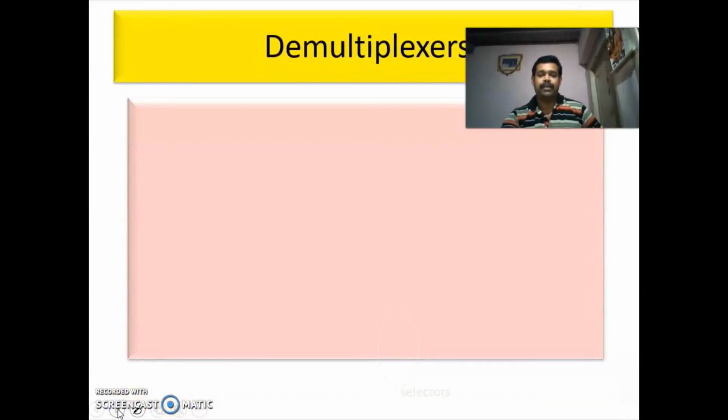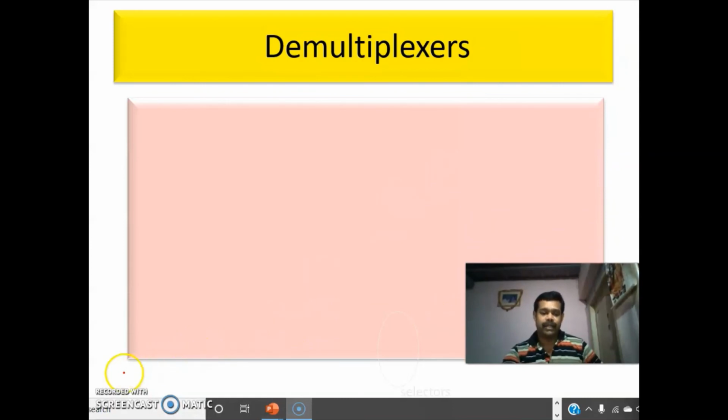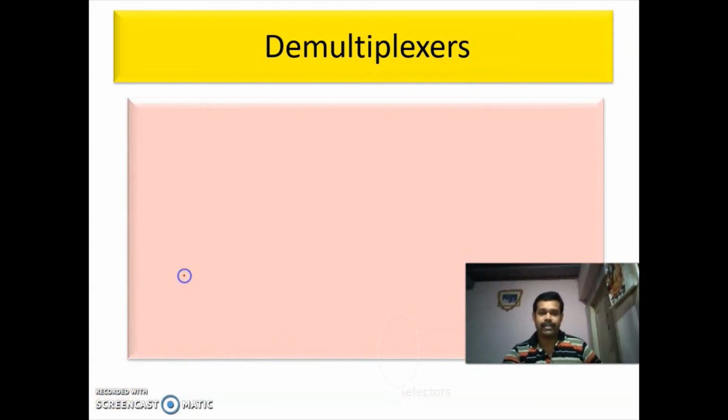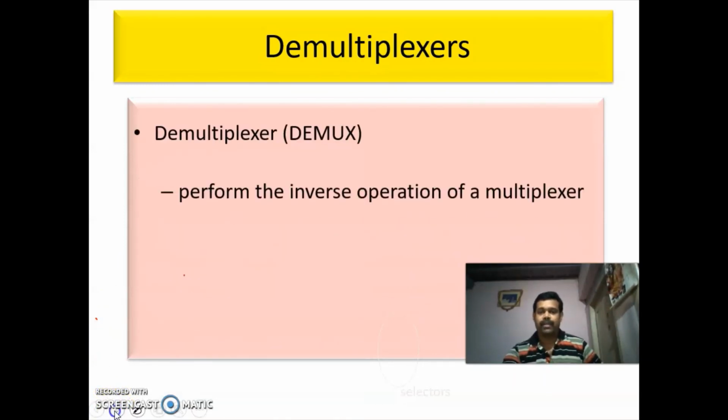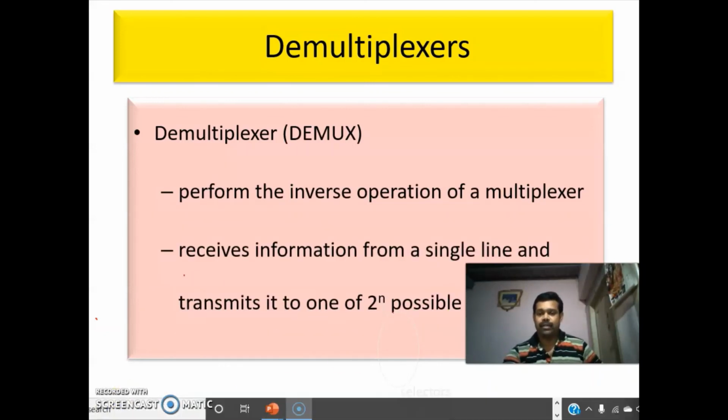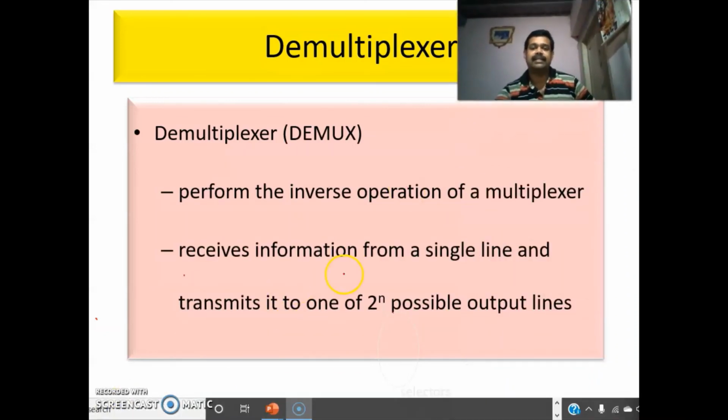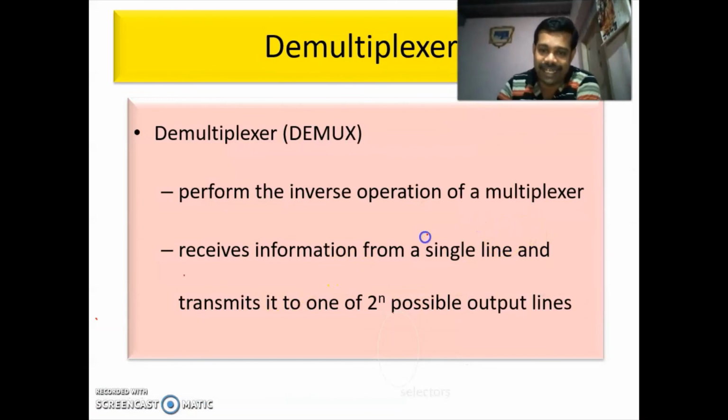Now the next problem is the demultiplexer. A demultiplexer performs the inverse operation of a multiplexer.